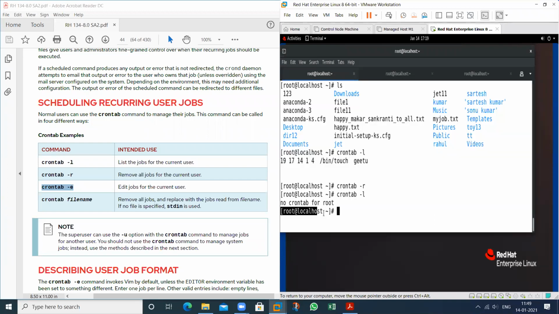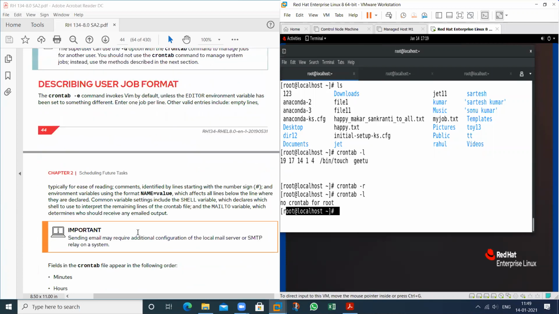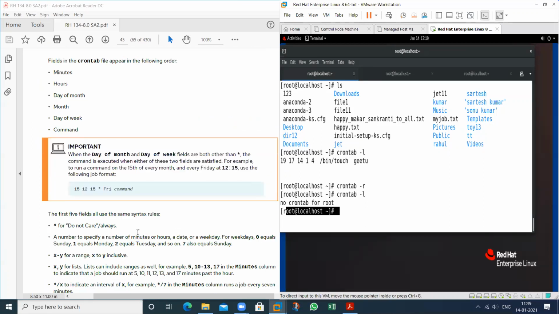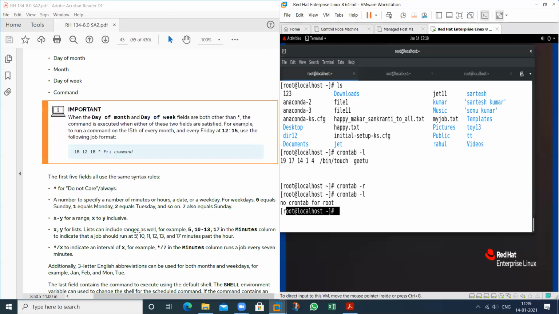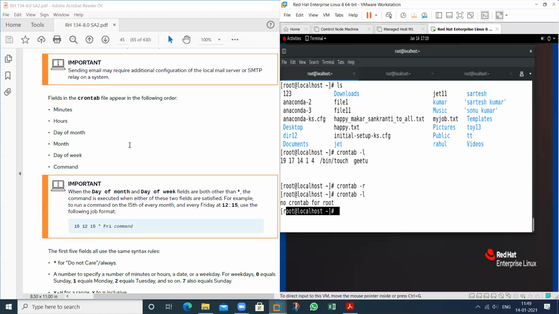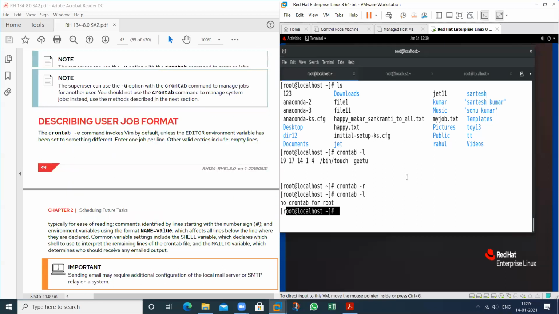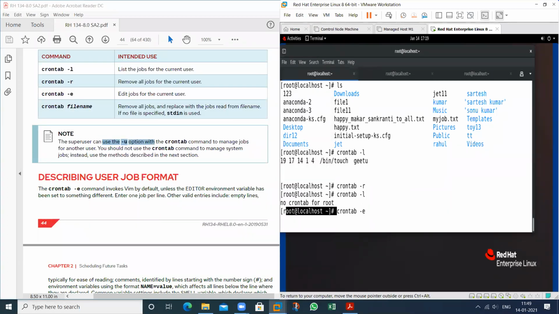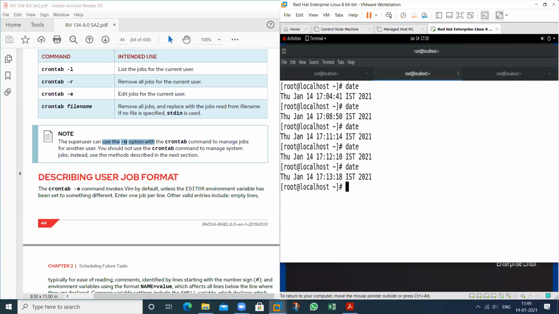Suppose if root wants to assign a task for another user, then what it will do? It can use the -u option. Which option? The -u option. This one. If you want to use this particular option, then just type -e, and for a specific user, I want to create a user.